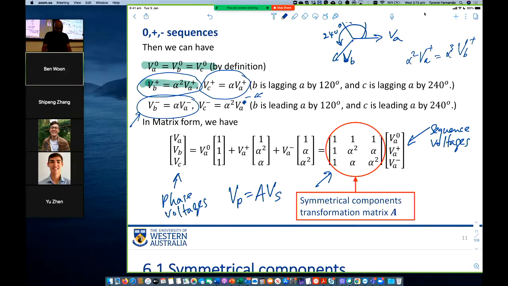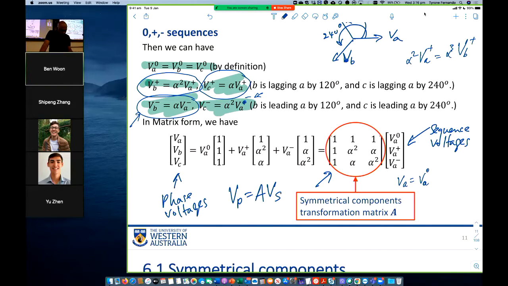You can see that. Here we have VA minus related to VC minus, VA minus related to VB minus, we have VA plus related to VB plus, we have VA plus related to VC plus, and so on, right? We have these relationships. So what do we know? We know that VA must equal